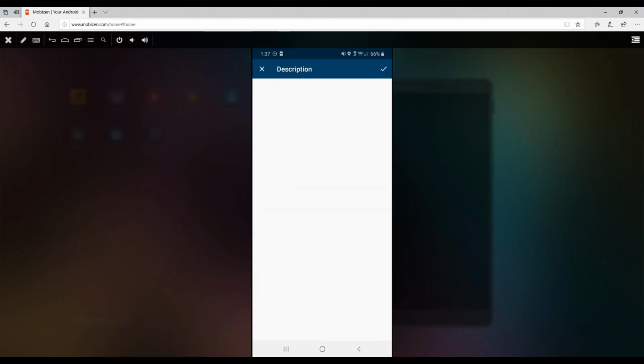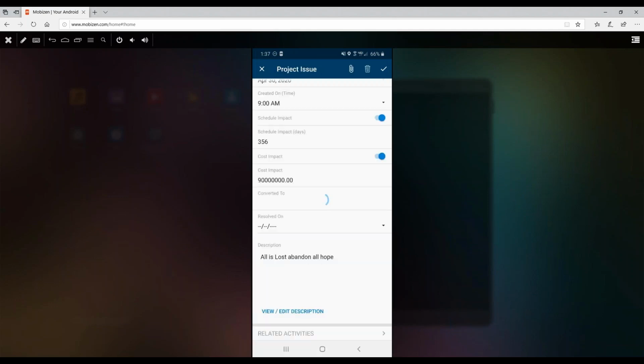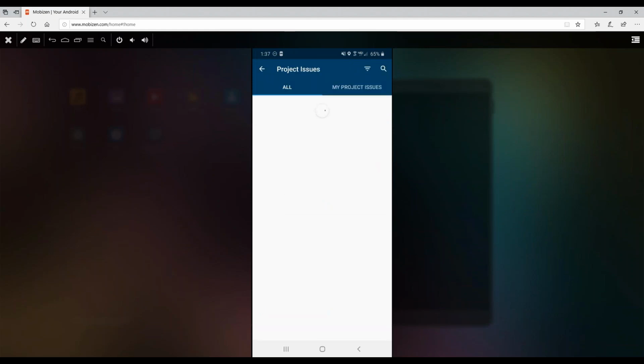add a description as well. I have to click view edit description. All is lost. Abandon all hope. Hopefully you never have to enter a project issue quite like this. Great. And now if I wanted to, I could also take a picture with it and associate that with the project issue. So I'm going to go ahead and save this one